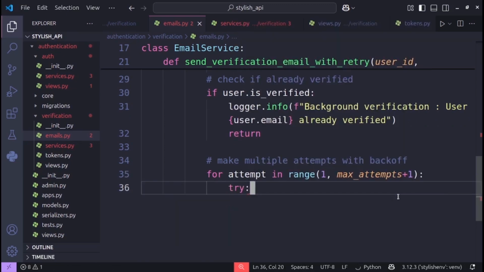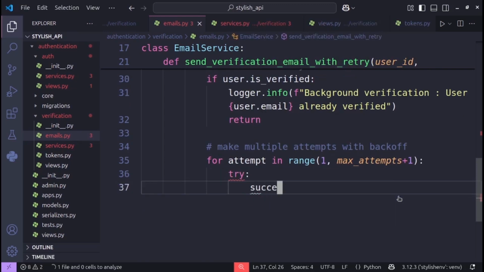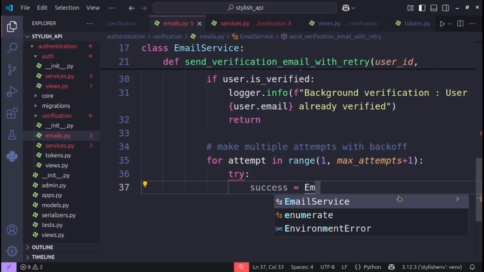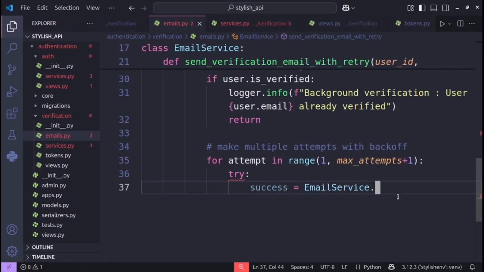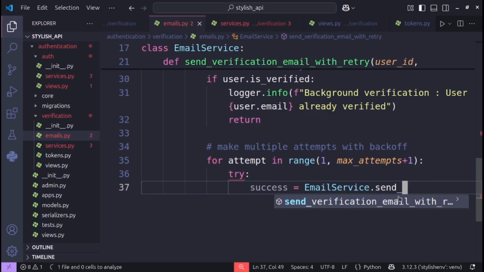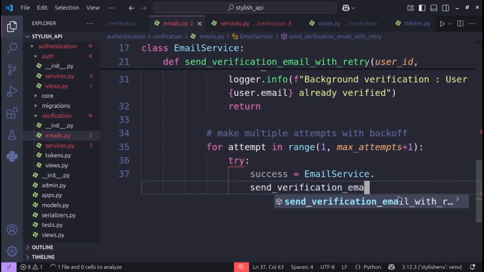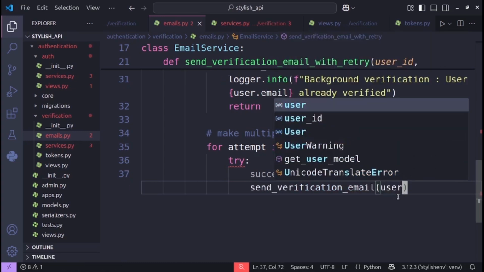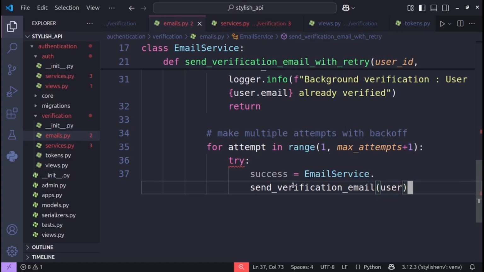So what we do here in the attempts, we're gonna try success to send email verification. So we need to define this one, email send verification email to that user. So we need to define that